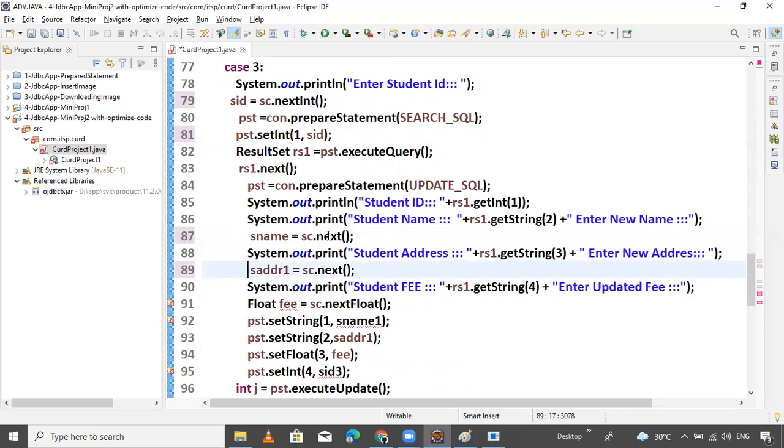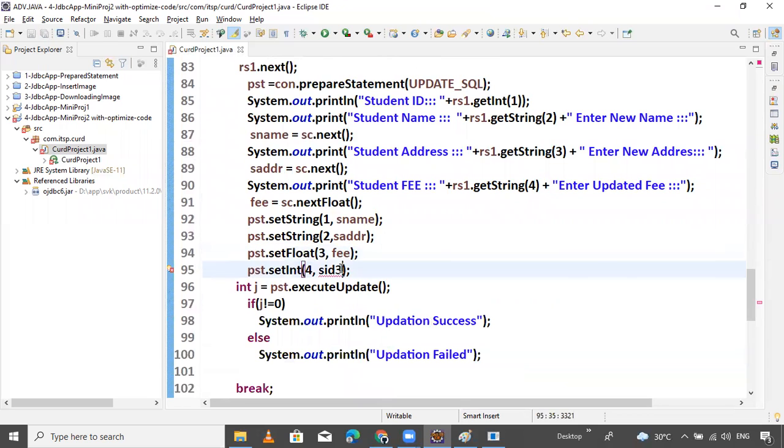SName. Remove it. Fee. Float is removed. That's it. Fee. Remove this. Remove this. It is also not required.